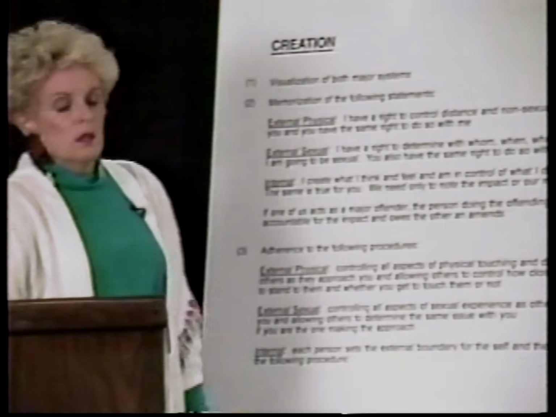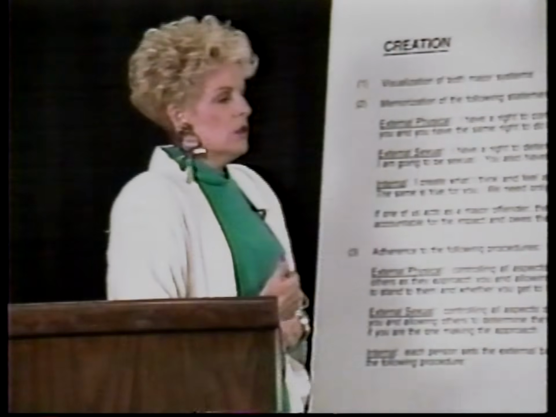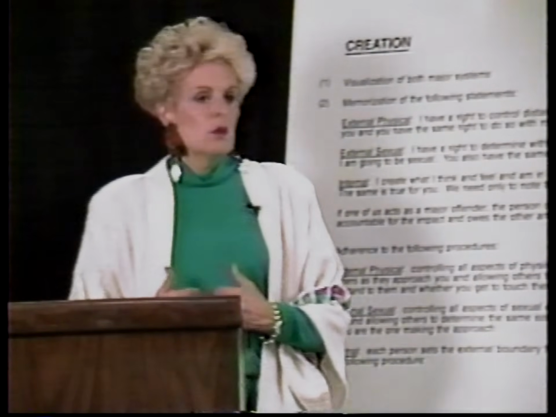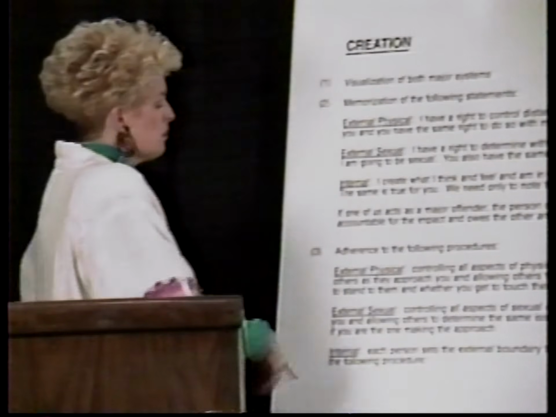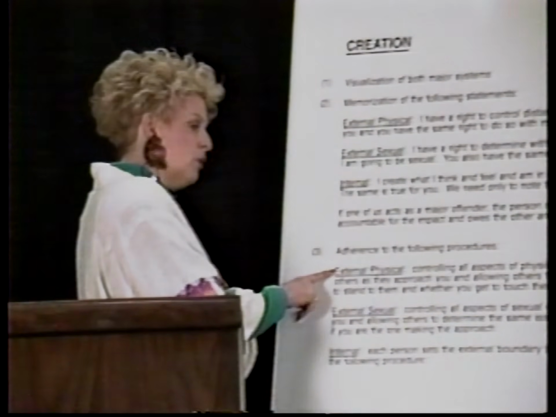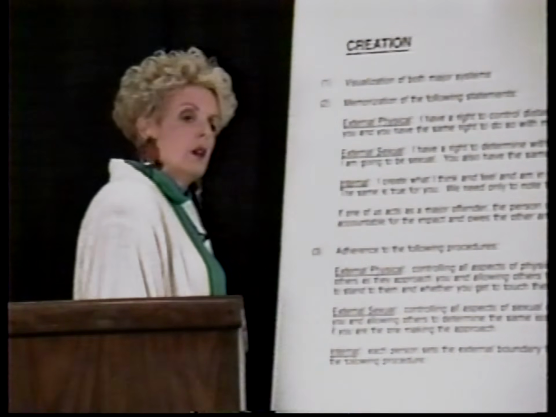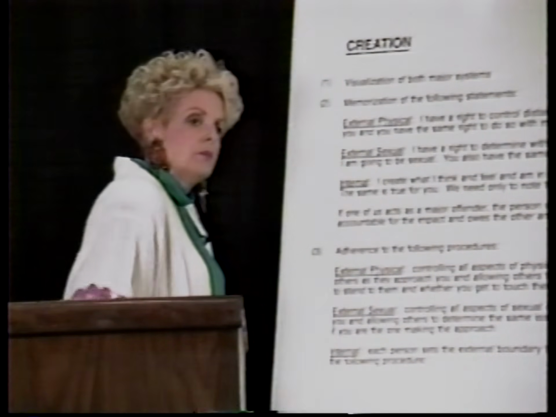Now, of course, what you do when you're concentrated on the second part of this is you begin to pay attention to what people are doing as you're approaching. When you see people lean away from you or start backing away, what you want to do is stop, not keep moving towards them. So you can see when you set this external physical boundary into motion, there's two parts to it. Start with one and then start concentrating on the other and then do them both at once. Okay?